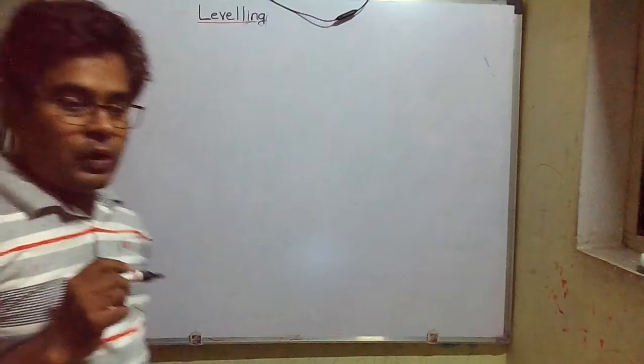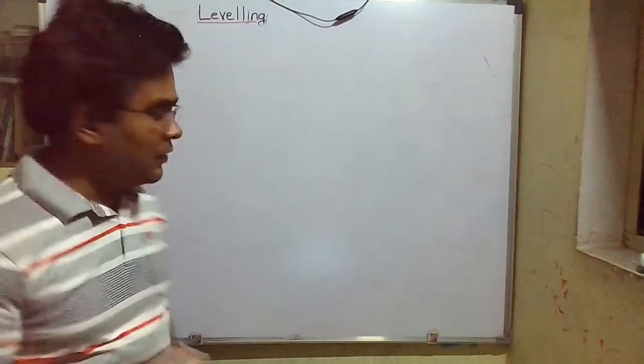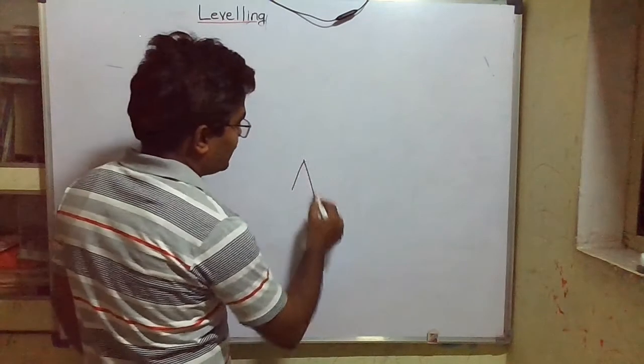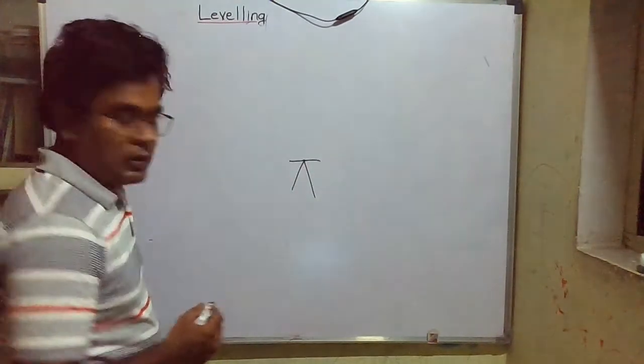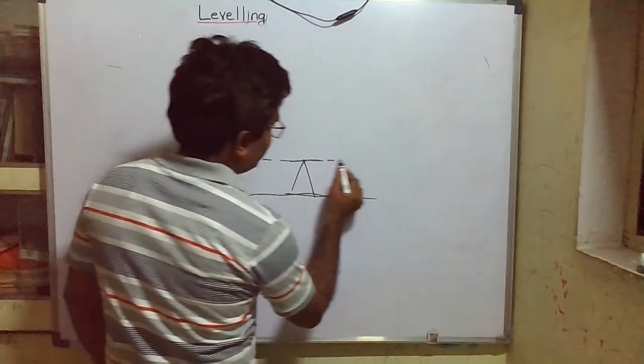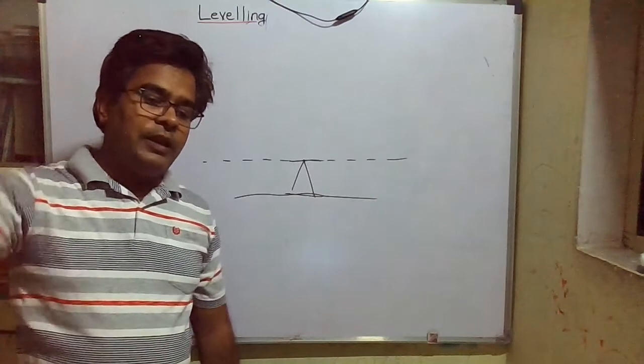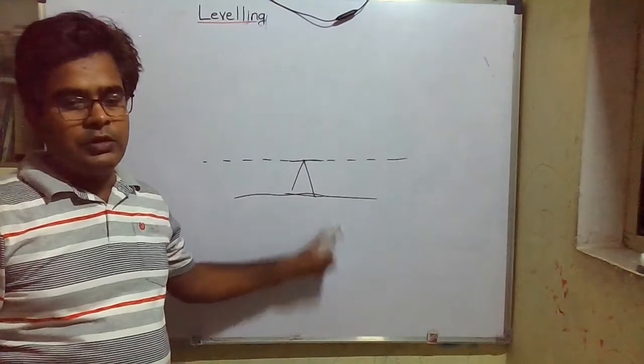Suppose then what we did, we have measured the vertical distances. Okay, vertical distances I have told you. How do we measure the vertical distance? There is an instrument called a level. After leveling, it will give us one horizontal line. That line will always give you a horizontal plane with respect to the nature of the ground.